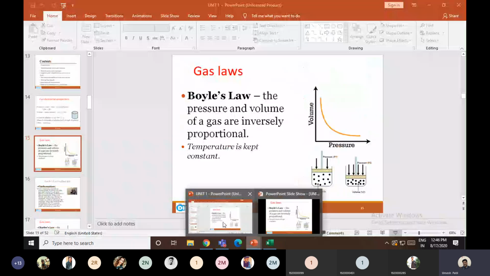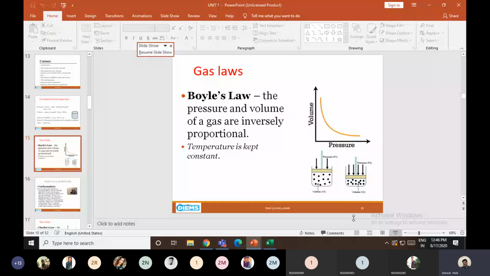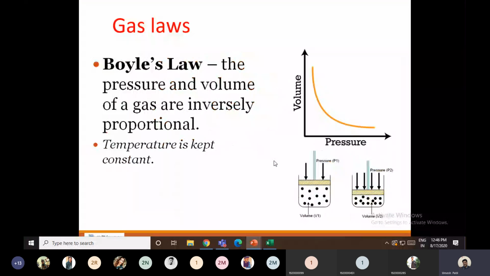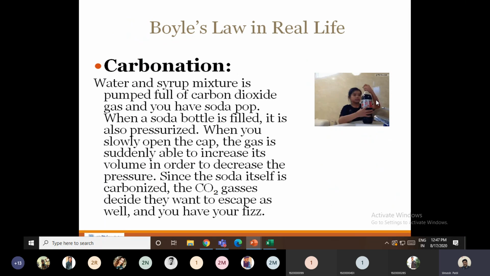Okay, so we get an isothermal process if we keep the temperature constant, and in an isothermal process, PV is equal to constant. That is the characteristic equation of an isothermal process. And the practical example of Boyle's law, we already discussed in the previous session,